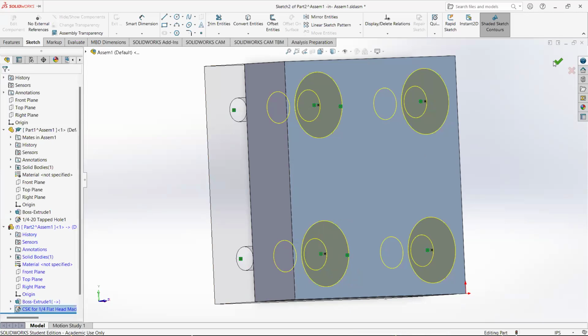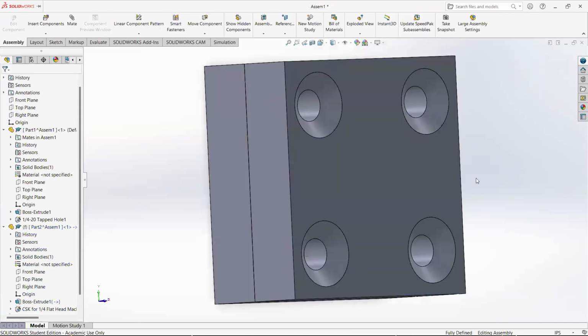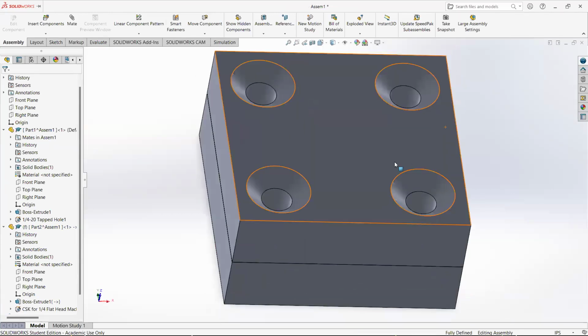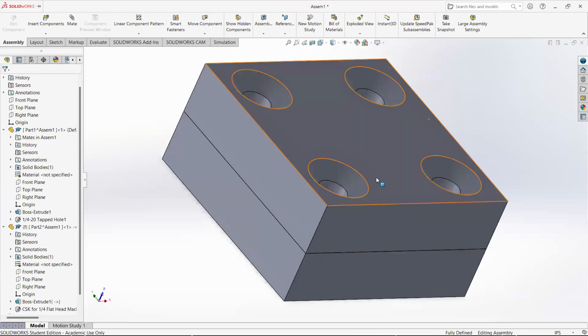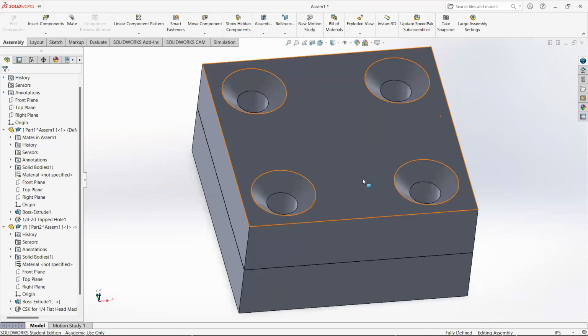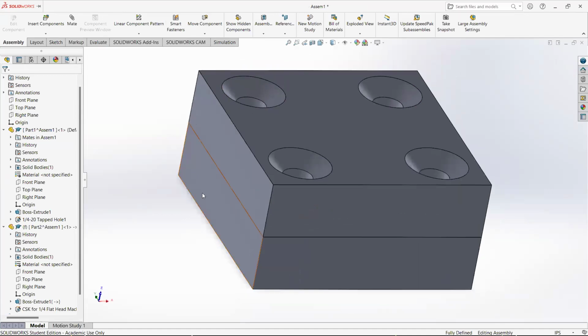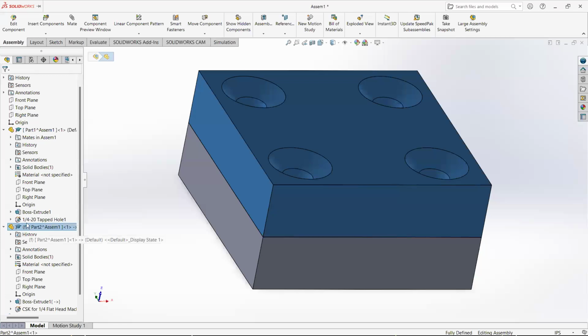And if I accept the changes to my part, I now have through holes and tapped holes for my 1/4-20 screws in these parts. So that is sort of in-context part drawing or part modeling in a nutshell. The first part we created completely from scratch inside the assembly. The second part, now notice I left that one fixed. I could undo that and get rid of the fixed